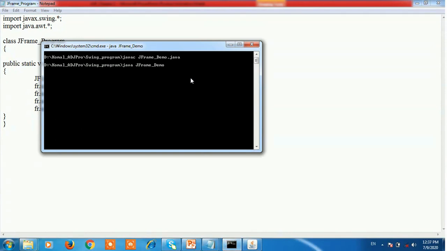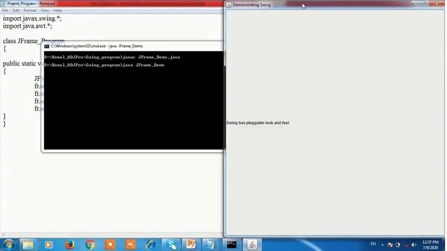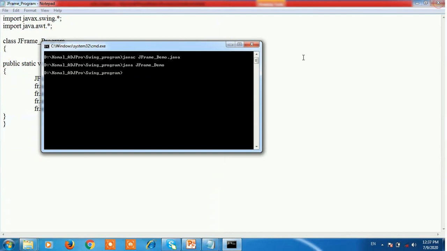Then compile the code: javac program name, JFrameProgram.java. It is successfully compiled. Then run the code: java program name, JFrameProgram.